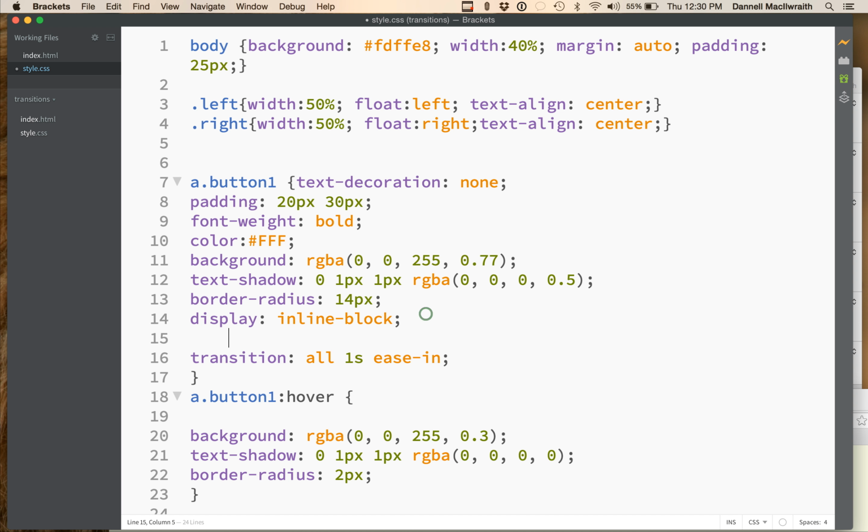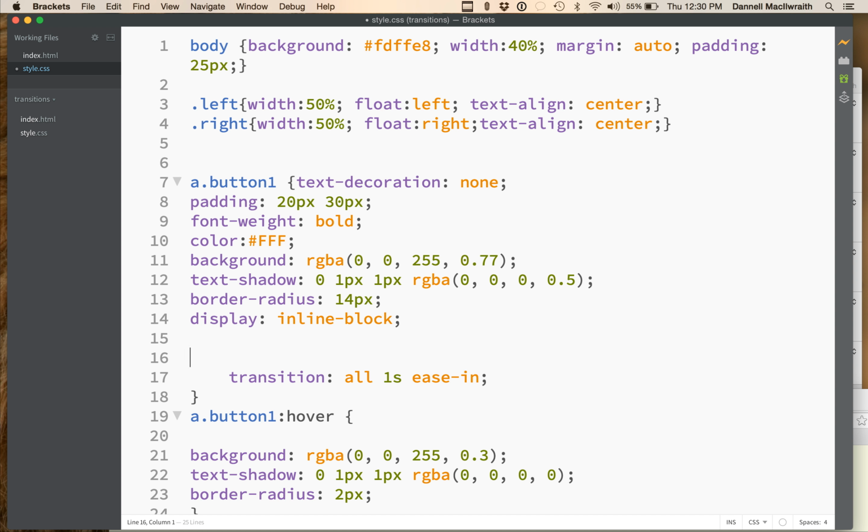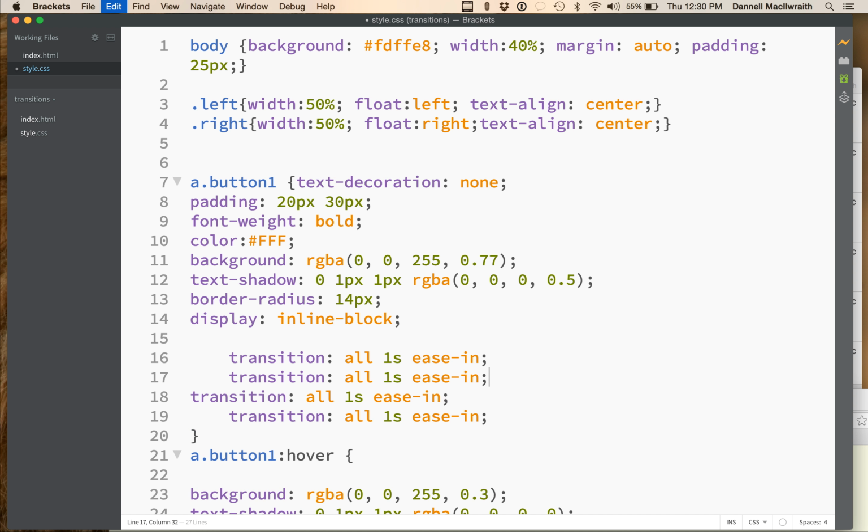So what I have to do now is go back, and remember you want the original state, the one we just put the transition on, to be the last one. The order is relevant, and I'm going to put 3 above. I'm just going to put a little white space so you can see the difference here. And we're going to start with the WebKit. Spell it right. WebKit,